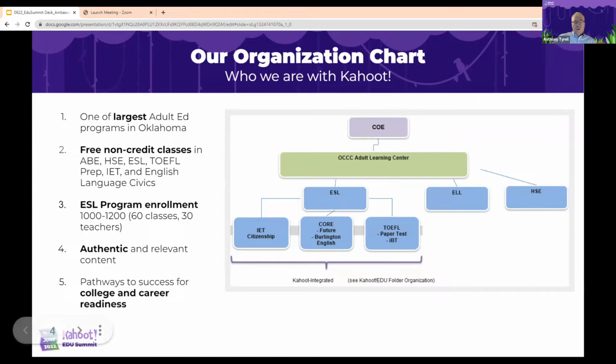So the graphic shows the current areas this year down the bottom where we've adopted Kahoot EDU. And you'll see hopefully later on how Kahoot's been a key part of this providing student pathways, which we'll see in the next slide. But before we get into that next slide, which will be another graphic,